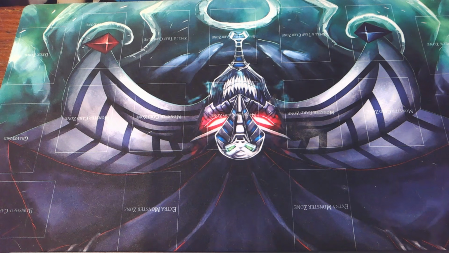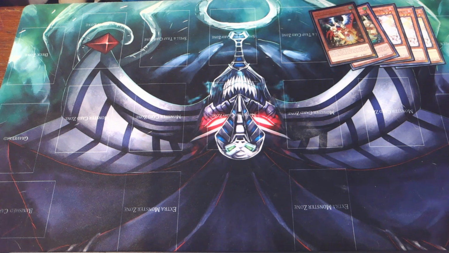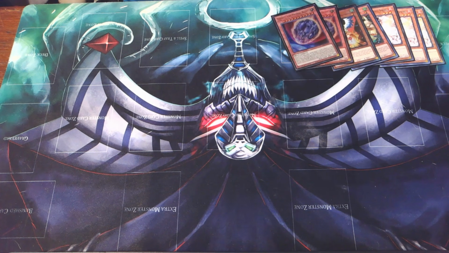And then getting into the side deck is pretty much entirely going second. It actually is entirely going second. Mainly just because this deck's best board is set 5 pass. Maybe set 4 with a Lost World. So with that in mind, all going second cards. It's going to be Ash Blossom, 2 Droll, 2 Nibiru,